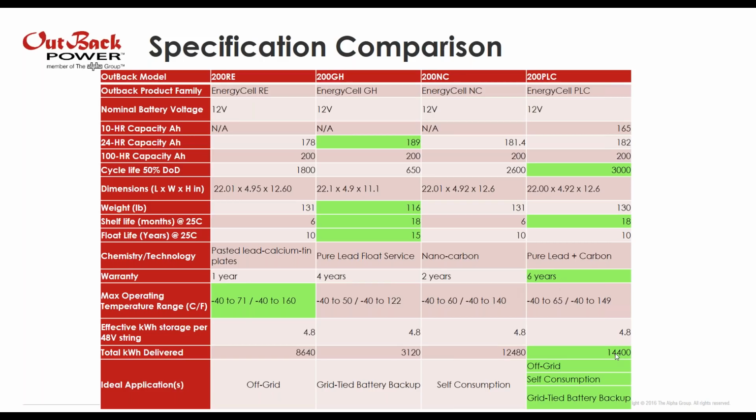The maximum operating temperature, so the RE has a wider range here. So we have -40 to 71. Compared to, I guess they all have -40, so we want to look at the high end. So 71 degrees Celsius versus 50 versus 60 versus 65. So with the temperature, the RE has a wider range by 6 degrees Celsius or 11 degrees Fahrenheit on the